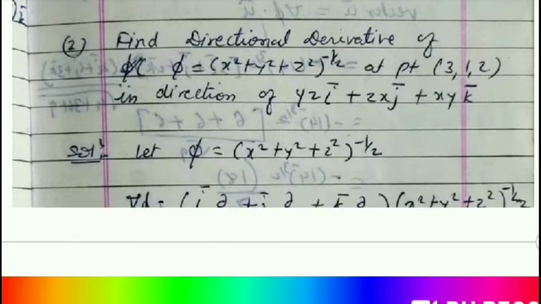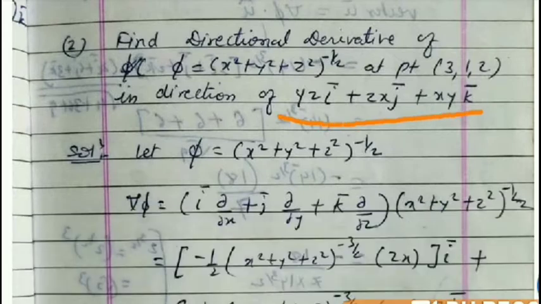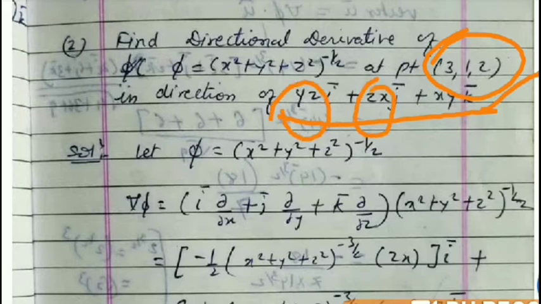In this question we are given the vector but in xyz form, not in constant form, but it is easy to find the constant vector. Put the values: x is 3, y is 1 and z is 2. So put the values of y and z, means 1 and 2 here, zx is 2 and 3 here, and xy is 3 and 1 here. Automatically we get the value of vector u.